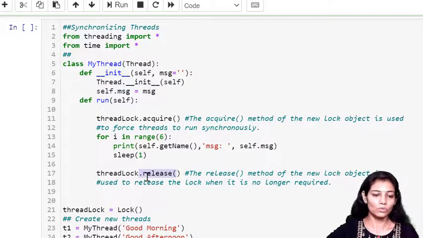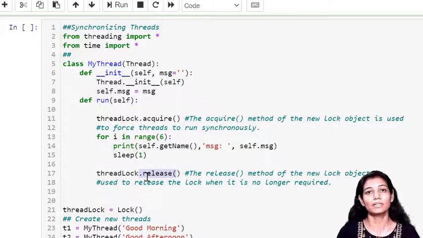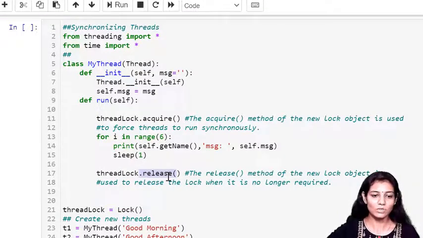Even though there is no more code following, in a long program or application you may require synchronization over a period of time, but then you want parallelism because you want to improve your CPU utilization. So you want all the threads to work in parallel in the rest of the cases. So once we release, the threads can work in parallel.